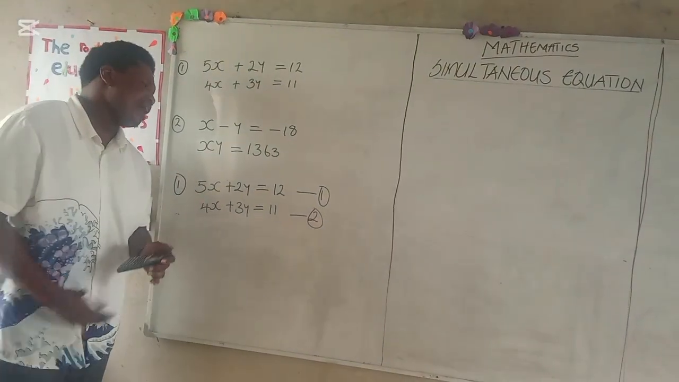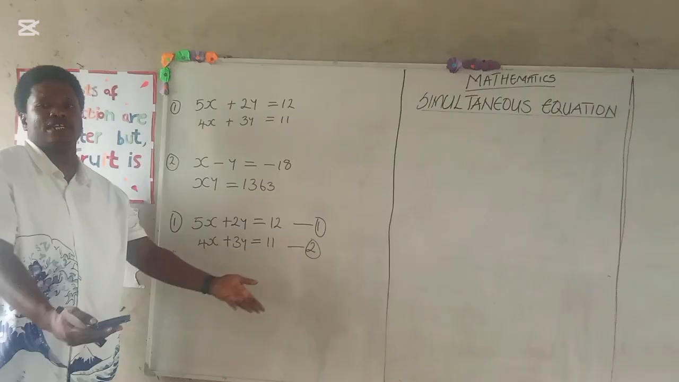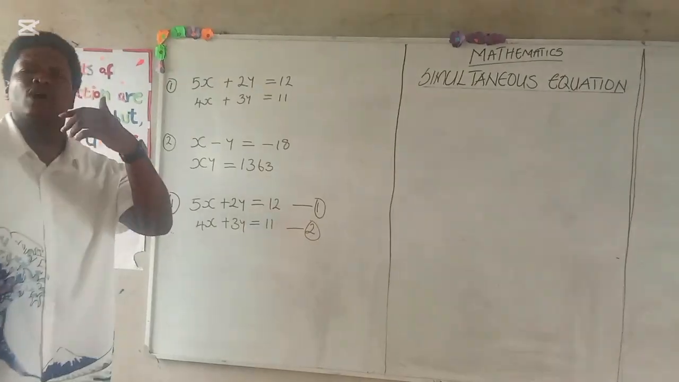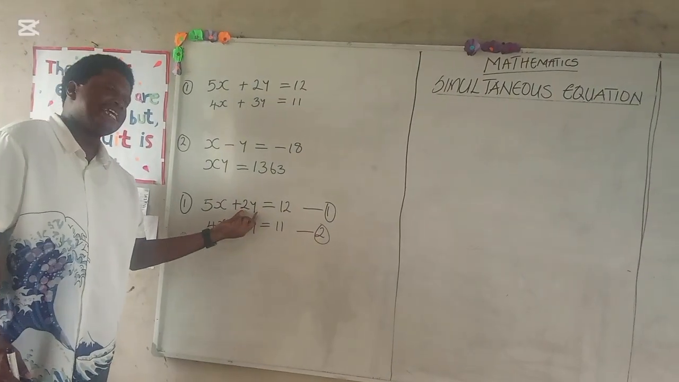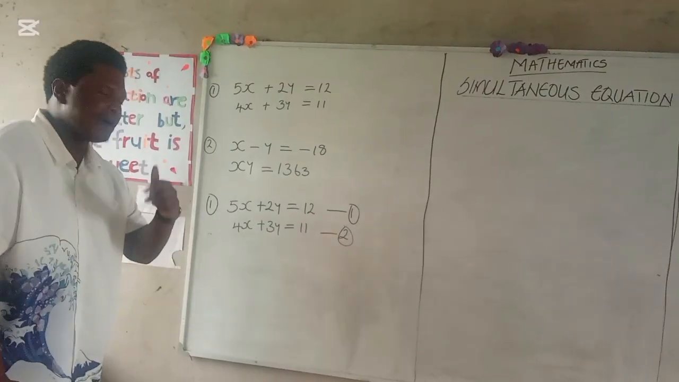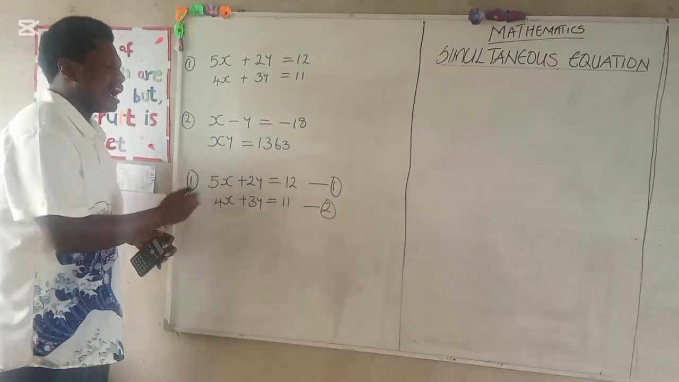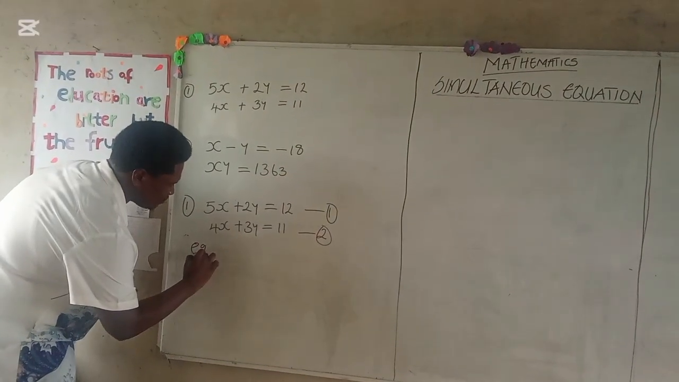Now looking at this, I want to eliminate, let's say I want to eliminate y. So for me to eliminate y, I have to make sure that the coefficient of y in equation 1 is the same as the coefficient of y in equation 2. Now how do I do that? I can go ahead to say equation 1